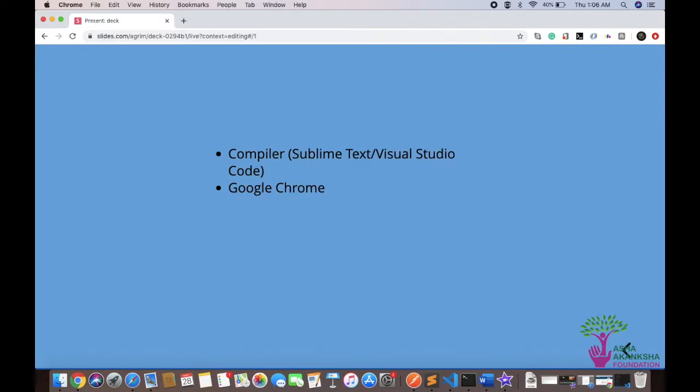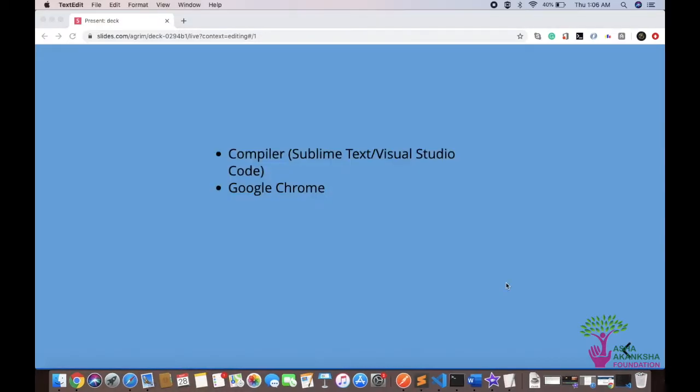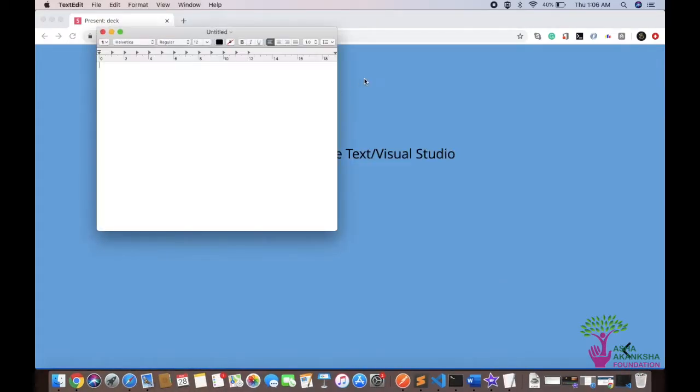So the first is a compiler. Anybody who's ever coded before will know what a compiler is. It's basically a place where you write your code. And you could also write your code in a simple text editor like this one. That's never a problem. But